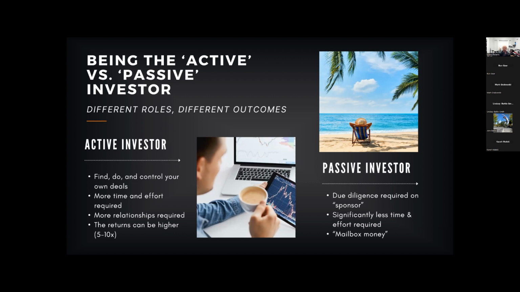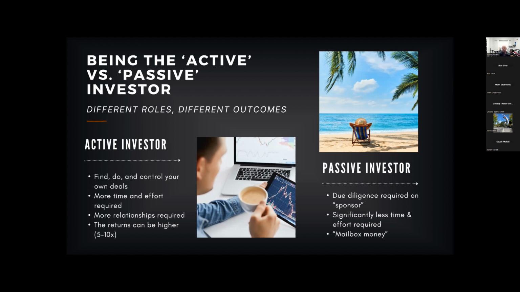So, to kind of clear the slide, if you're going out and you're going to buy rental property, say, a single family residence and be a landlord, well, that's an active investor. Okay. You're going out, you're making a down payment. Maybe it's a home that you used to live in and you're house hacking and you're going to move and then rent out your old house. That's an active investor. Okay.